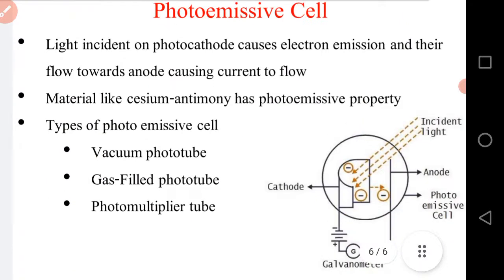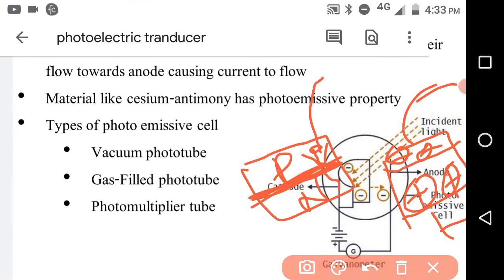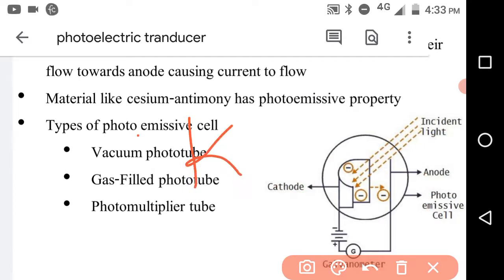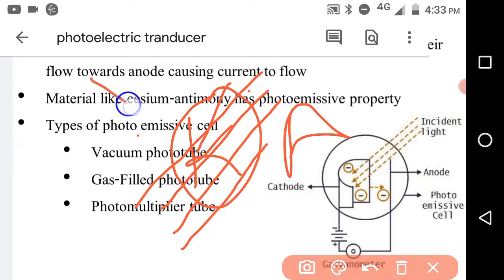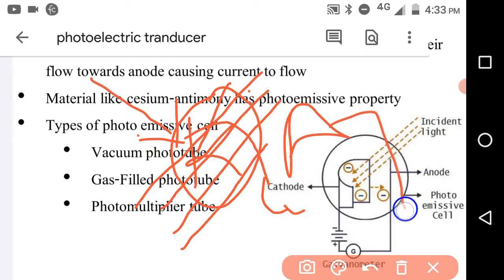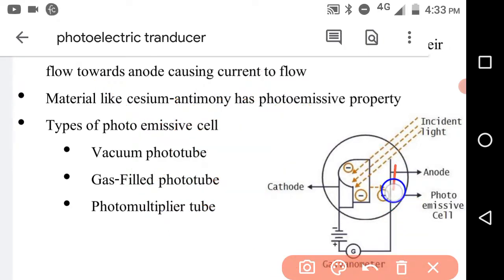So what is a photoemissive cell? So here there are a cathode and an anode. The cathode's surface is coated with the photoemissive or photosensitive material. When light is incident on it, electrons are generated because of the kinetic energy of light, and they will be attracted towards the anode. Why? Because the anode is connected to the positive supply. So the anode is connected to positive, the cathode is connected to negative, light is incident, electrons get the energy, and they go to the anode. So there is a current flow.